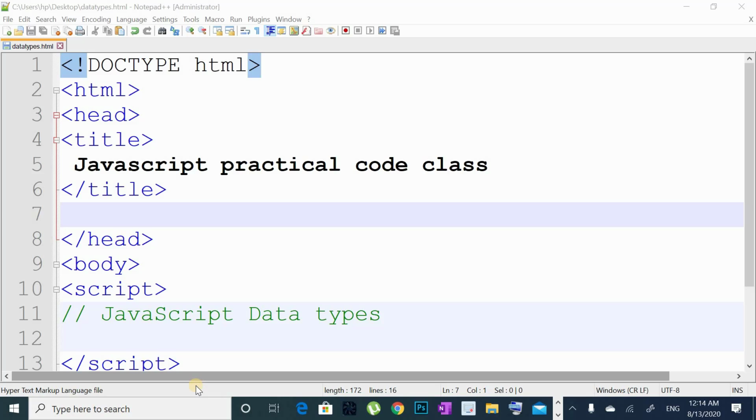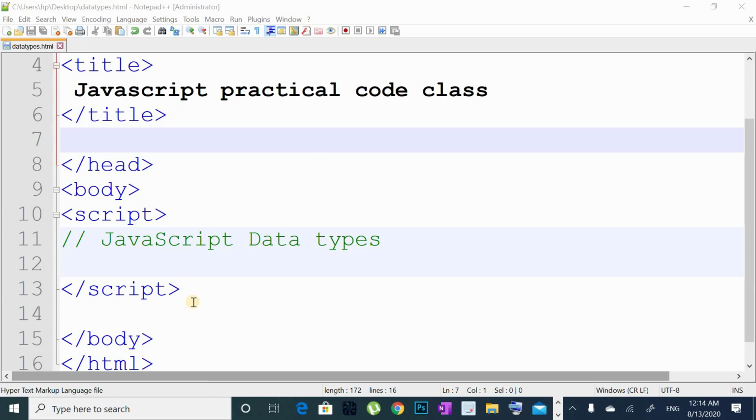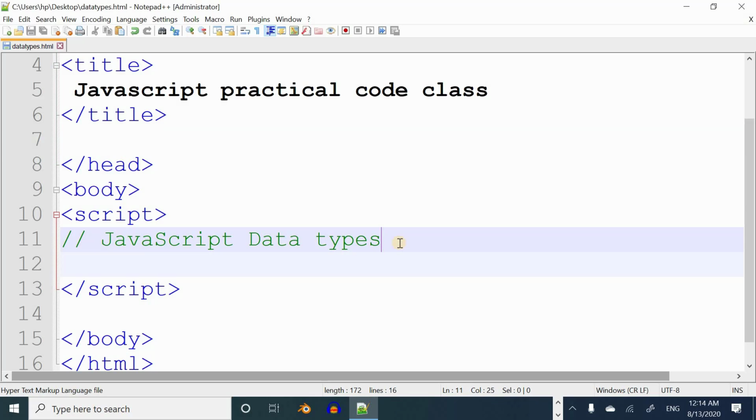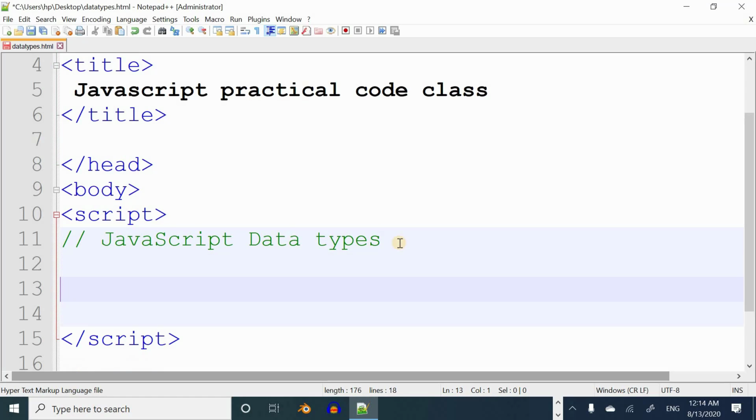Today our topic is JavaScript data types. We will discuss what data types are. For this I am jumping directly to the code, and through code I will give you a clear concept. For example, I want to create an object in JavaScript. What an object is we will discuss later in the upcoming lectures, but first we have to understand